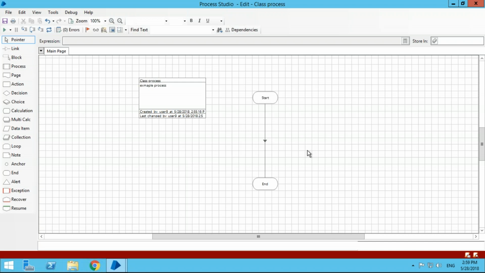Now the first thing we're going to look at is what's called the calculation stage, this one here. You can click it once to select it and then click inside, or you can just drag and drop, whichever way you prefer. This is how you put actions into your diagram. Okay, so now I've put a collection stage onto my diagram, and I'm going to link it up.